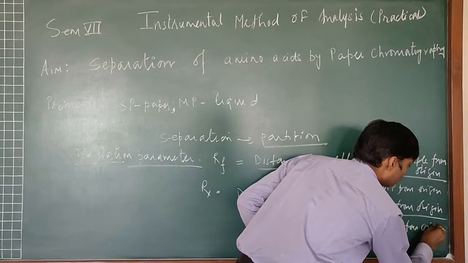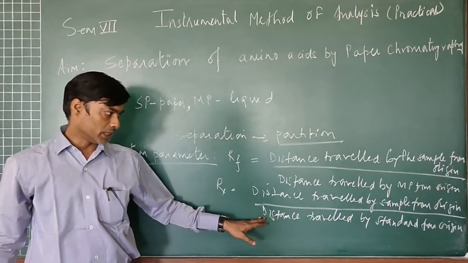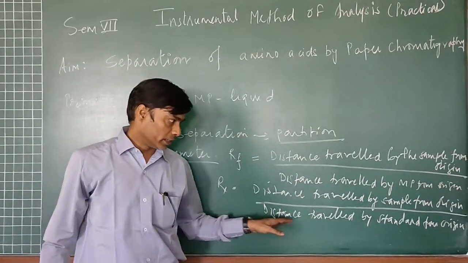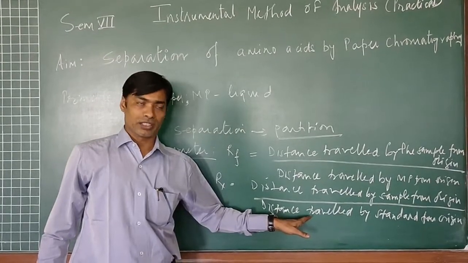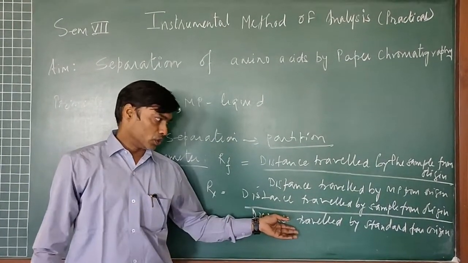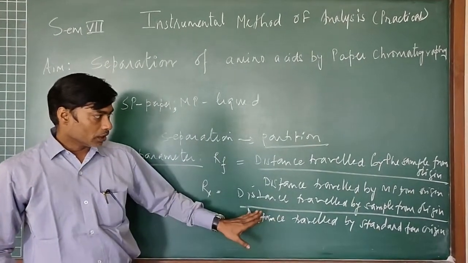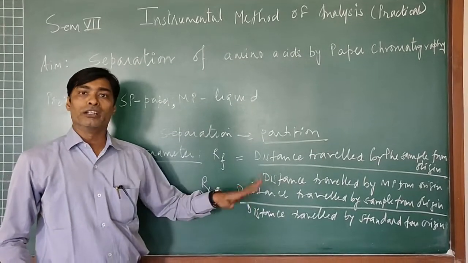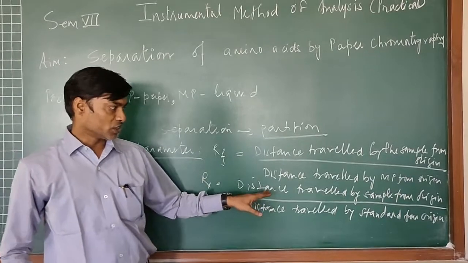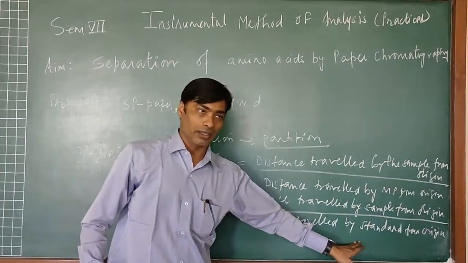from origin. Now here if we have the specific standard available with us, say for example if we are trying to estimate any carbohydrate, usually we prefer glucose as a standard, or say if we want to analyze any other category of functional group, we need to have a proper standard available with us. So here the distance traveled by the solvent we will not be taking into consideration. Here we will be calculating this migration parameter with respect to the standard.